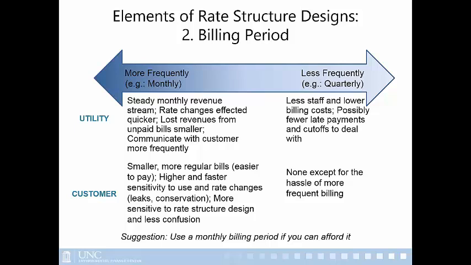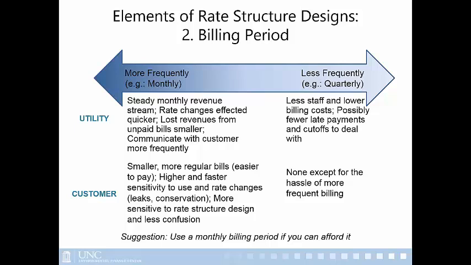So I guess what I'm trying to say is the monthly billing period is more beneficial for the customer, because even though it's more frequent bills, they get smaller bills that they have to pay. So it's easier for the customer to budget and to pay those bills if it's more frequent and smaller in amount. They're also more sensitive to rate changes and to leaks. So if you don't bill except every three months, and I just paid my bill, and then next week my toilet starts leaking, I won't find out until 3 months from now, and I will get an astronomical bill at that point to pay for 3 months worth of leaks.